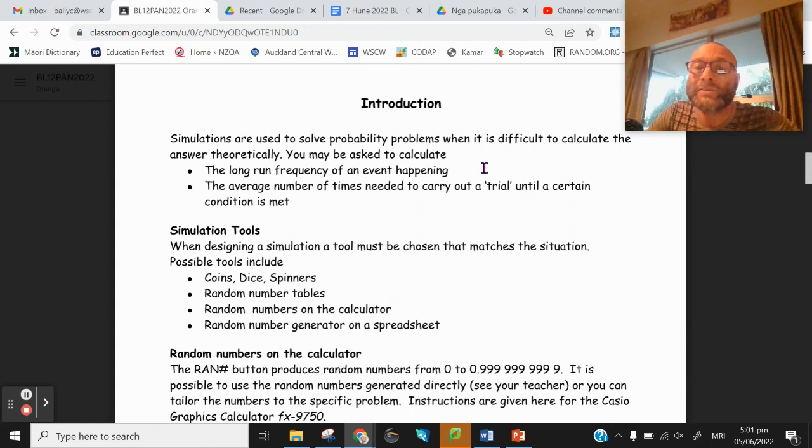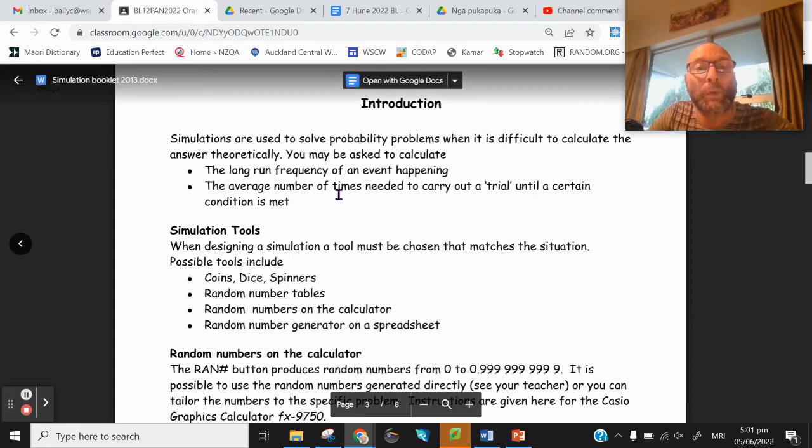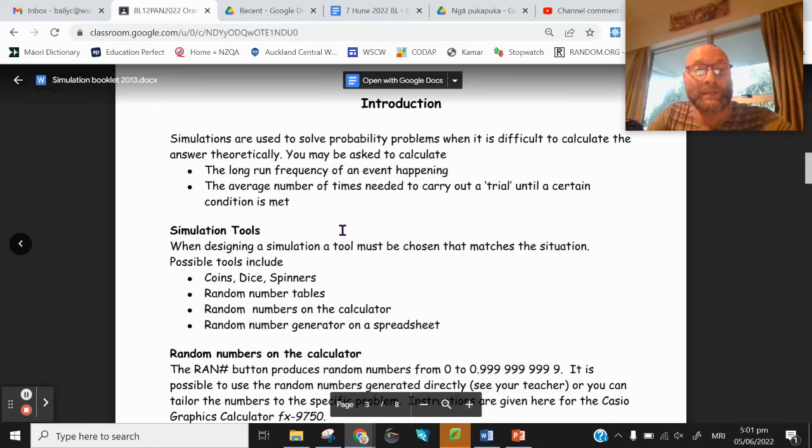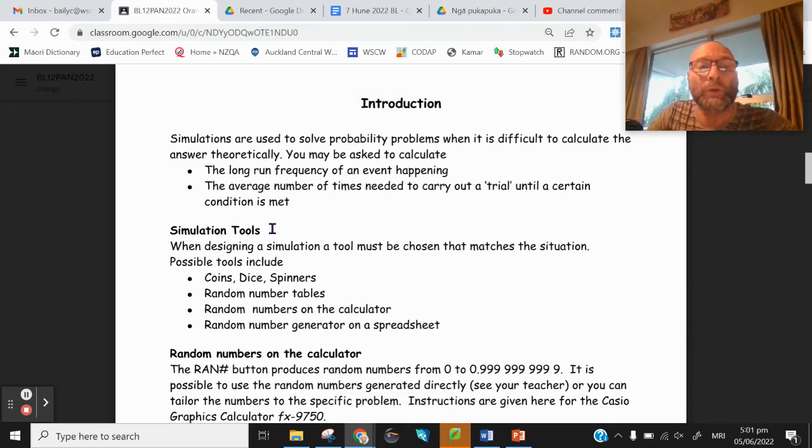Now, you may be asked to calculate the long-run frequency of an event happening, the average number of times needed to carry out a trial until a certain condition is met. Now, there's going to be a simulation tool that you will use to match the situation. You could use coins, dice, spinners, random number tables, but my choice is going to be a random number generator